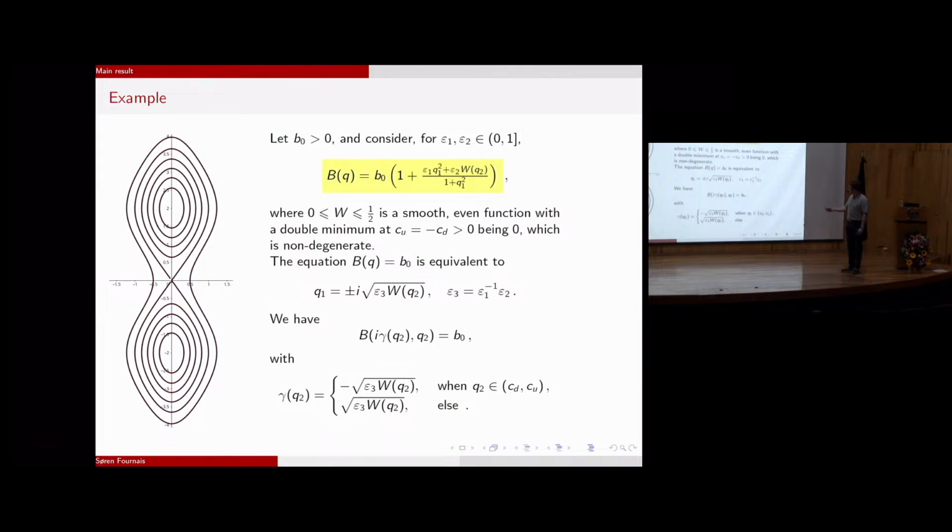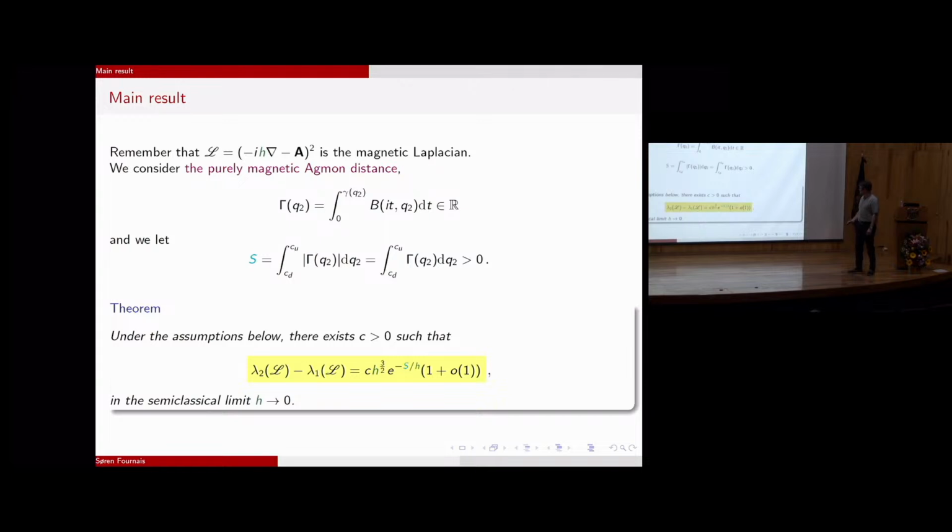Along this complex curve, it's purely imaginary. I have that the magnetic field on i times gamma, where gamma is now this curve of Q2 and Q2, that is the energy surface or the level curve giving the value B0. And gamma is given by what we saw up there that it had to be. This is kind of the input to my theorem, and my theorem tells me that this splitting that I